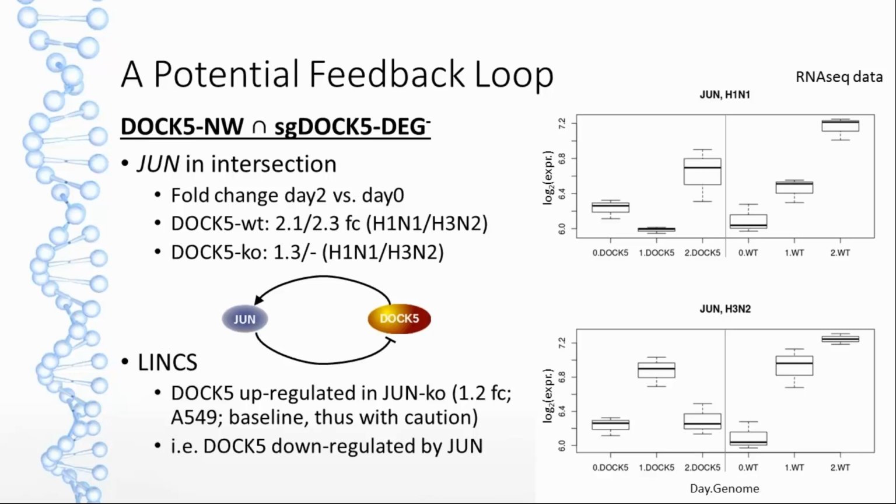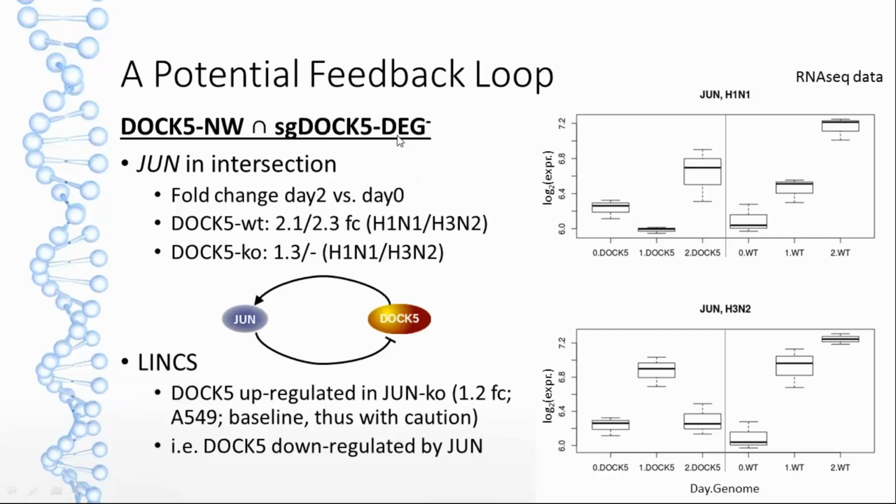What we also find is, for example, a potential, at least what I think, feedback loop between JUN and DOC5, and here again we are using LINCS information. So we see in our DOC5 network and knockout neighborhoods, again using the combined network information with the DOC5 knockout, we find JUN in this intersection, and what we have is it actually changes. So again it is upregulated in the wild type. So, not again, it is different to the ISG,